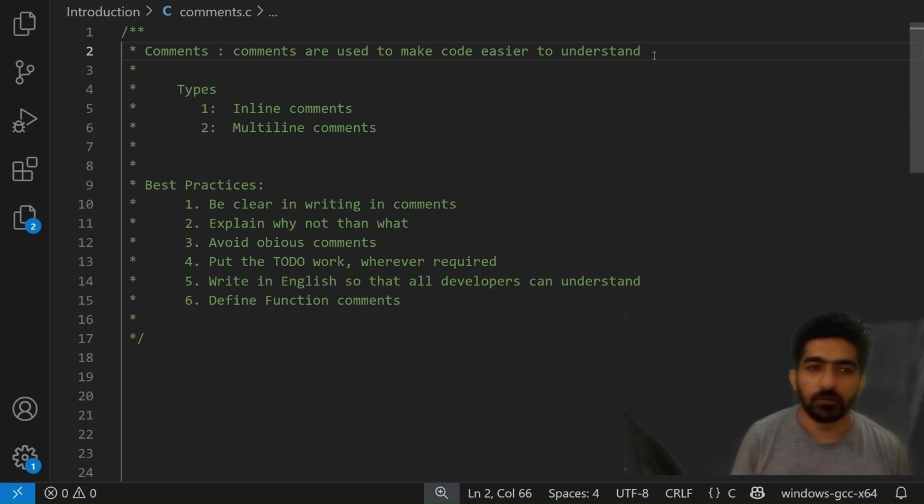Okay, so there are two types of comment. One is an inline comment. That comment is very small, like when we have to define some very small thing in our code. Then we can use an inline comment, and if we need more description of that part, then we need a multi-line comment. Okay, so as you see in this code,